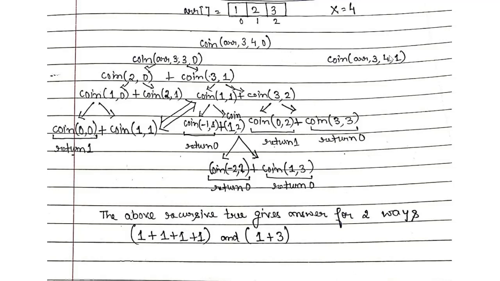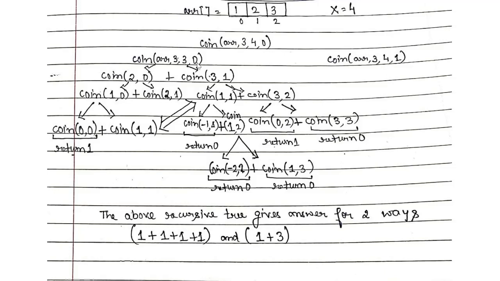Now if I do not include it, then what would I be left with? Over here I would be incrementing my index, but I will send the whole amount in my subsequent recursive call. So I have sent all of 4 over here, and all of 4 over here. What does this mean? This means that I didn't choose the element present in index 0. That's why all of the amount has been given to my subsequent recursive call.